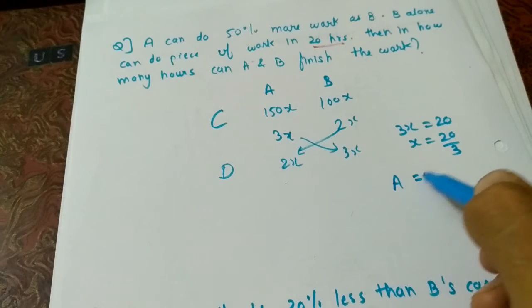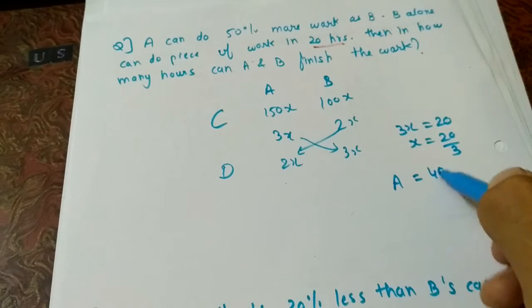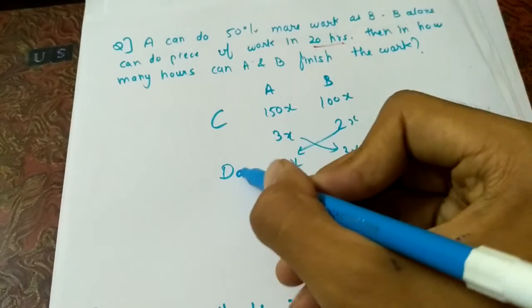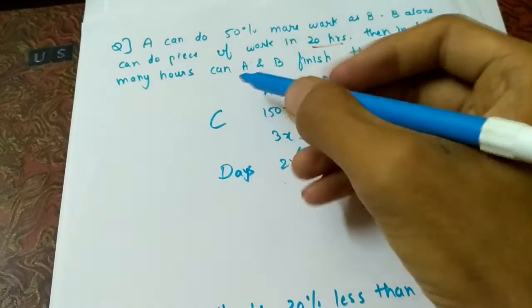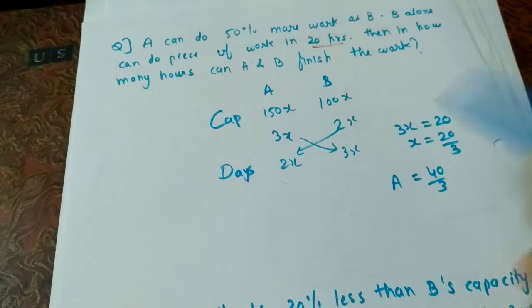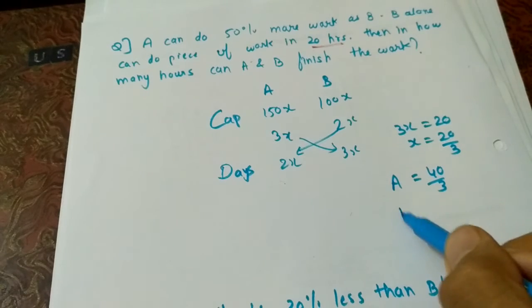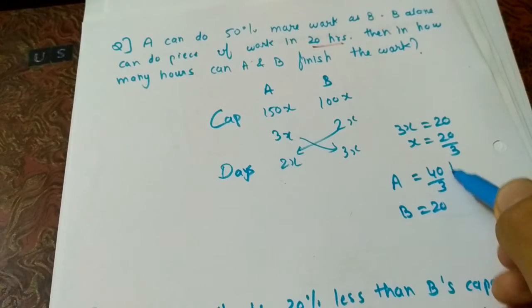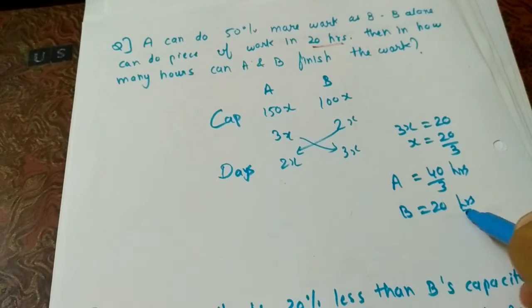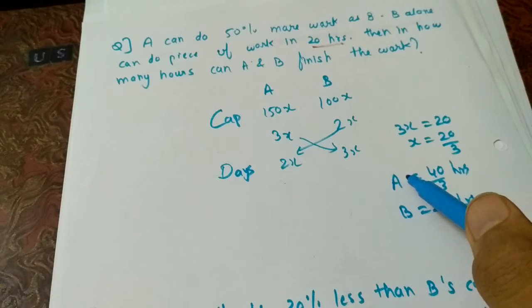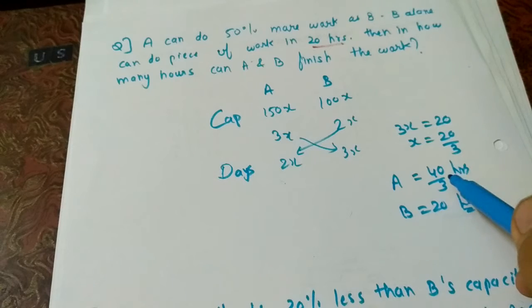So A is what? 40 by 3. We get 2x, A is 2x. Okay, this is days. Don't get confused with A, B, C, and D. This is capacity. So this is 40 by 3, and we know B is 20 given 20 hours. This is hours. Okay, so now we have to calculate that. We know A can do a piece of work in 40 by 3 hours and B can do it in 20